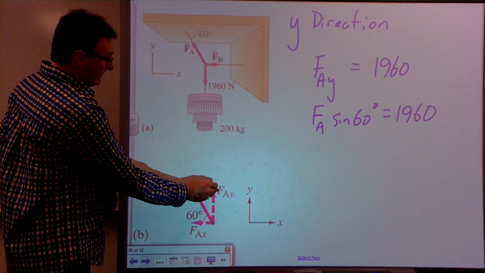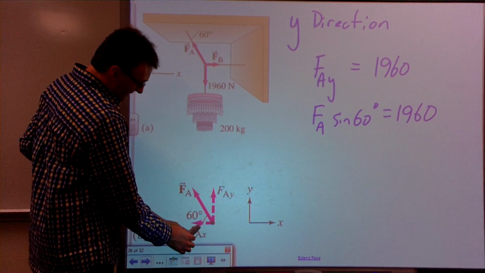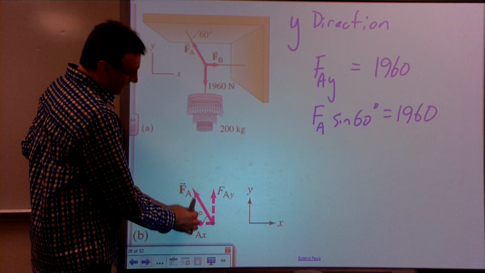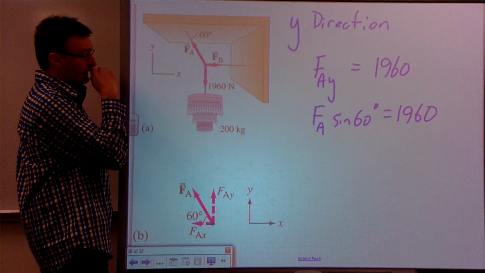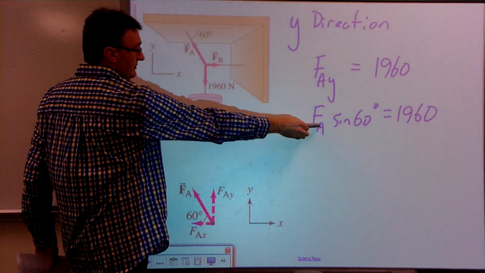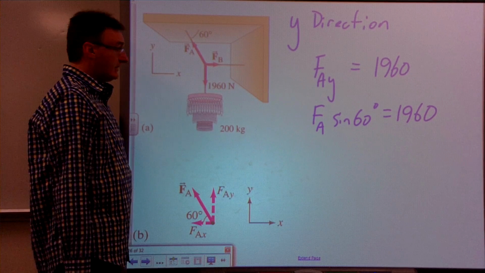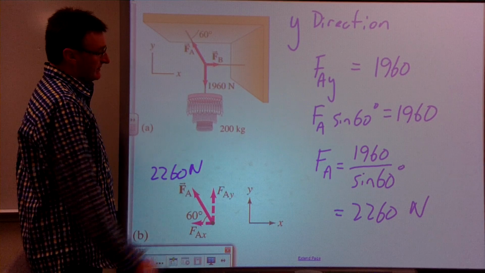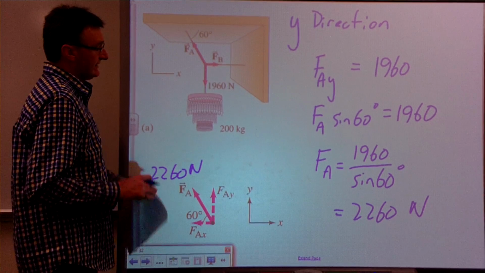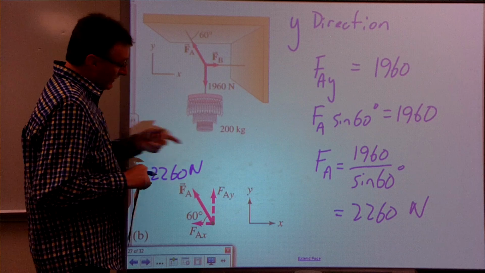Force A times the sine of this angle here, which is 60 degrees, has to equal the weight of the chandelier. So there's your balanced force equation in the y direction right there. That'll give us force A relatively quickly, because force A is simply 1960 divided by the sine of 60 degrees, and we end up getting